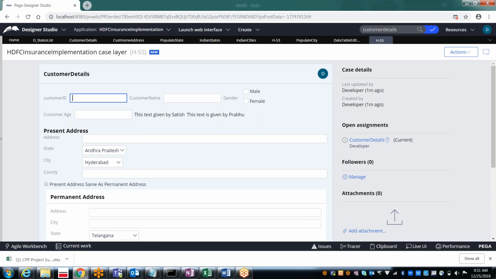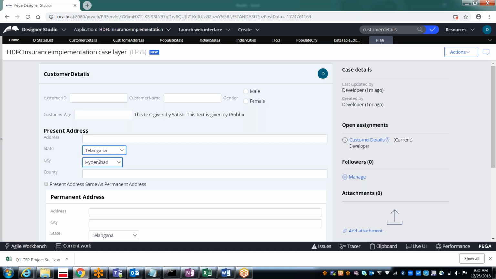Okay, so that means initially it is not cascading. Initially it is not cascading, but once you change anything, Maharashtra, Pune, Andhra Pradesh, Vizag, Telangana, Hyderabad. Likewise, we move the state first and later the city. That is fine, but the cascading initially is not proper. So what is the solution for this?